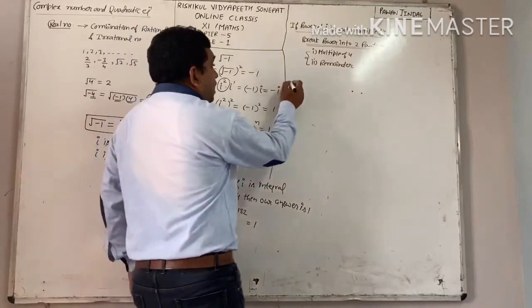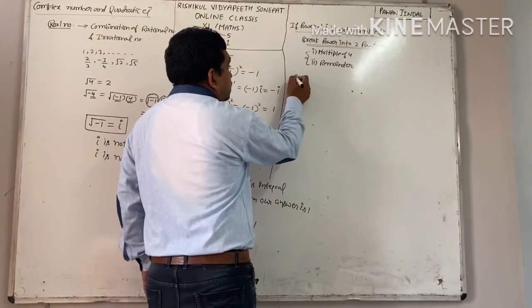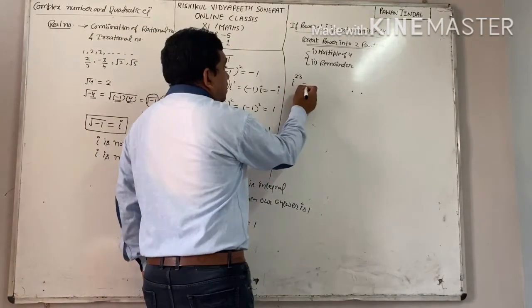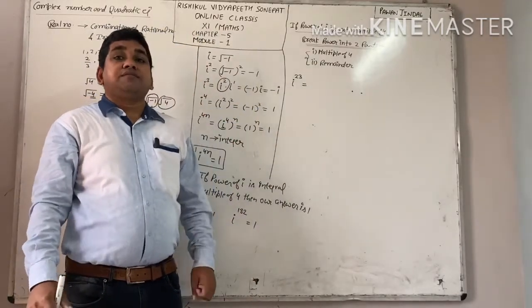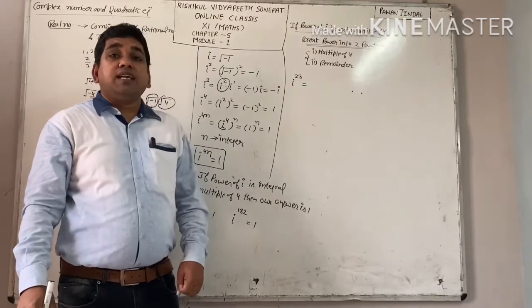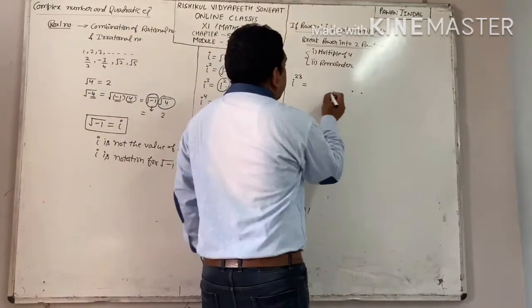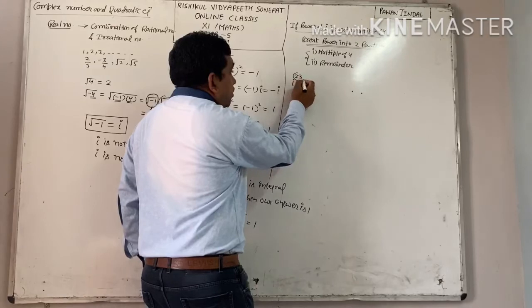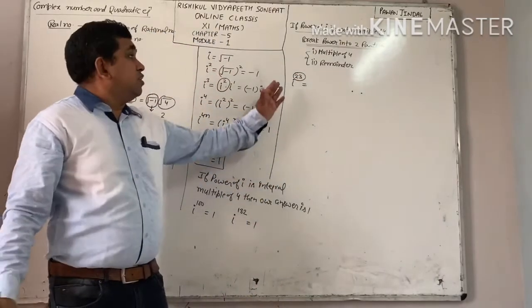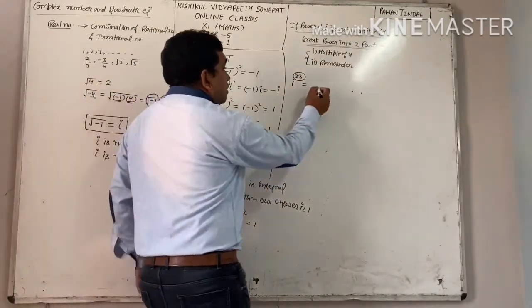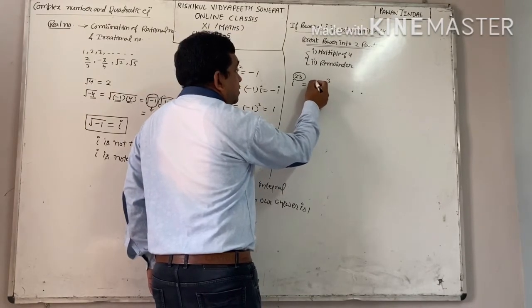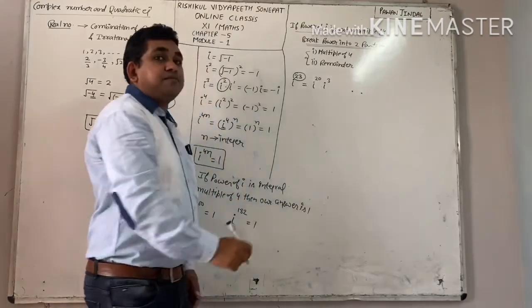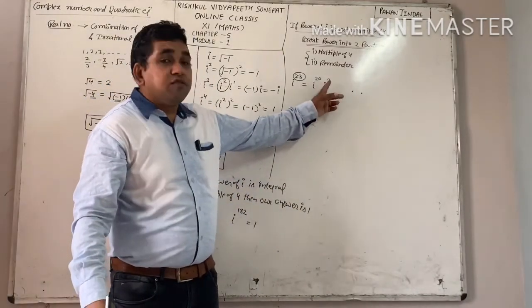See, suppose I want to find out value of iota raised to power 23. Now I will break this 23 into two parts. One part is a multiple of 4 and second is your remainder. When you divide 23 by 4, you know very well your remainder will be 3. So one power is 3. Now what is the balance? 20. You can see here, base same, power will be added.